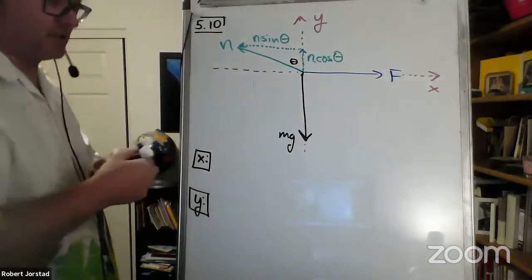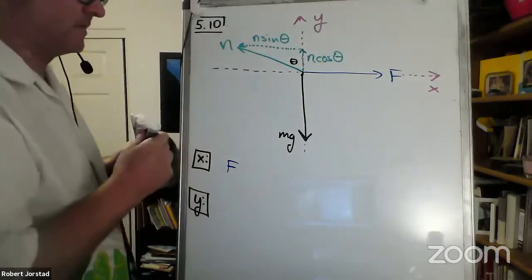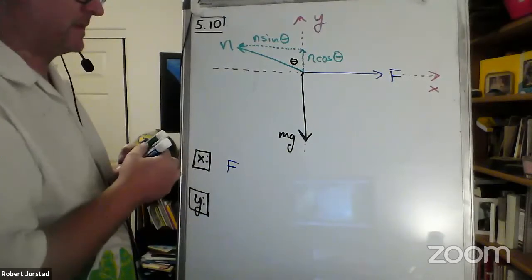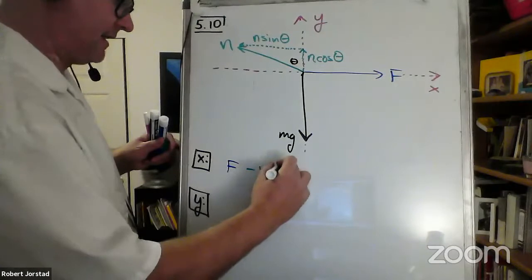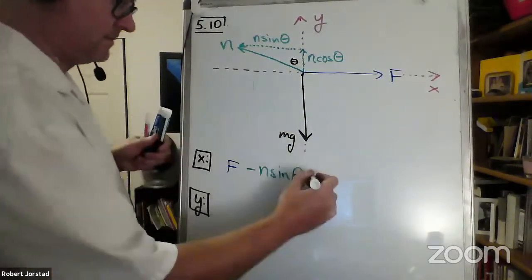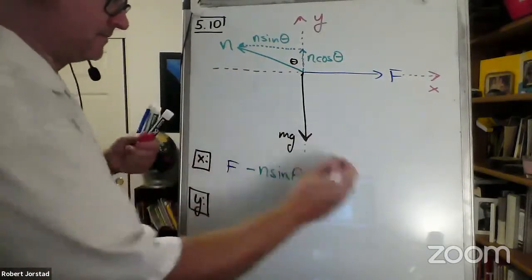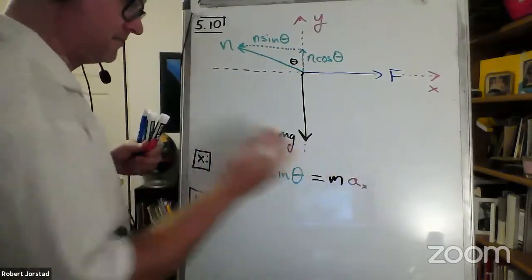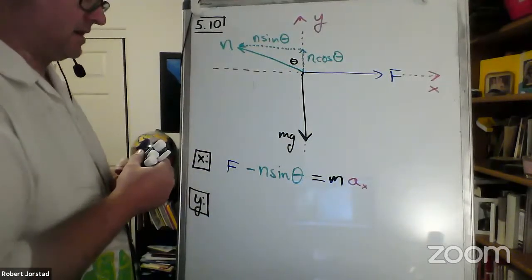And in the X direction, I see F minus N sine theta. Down here, I get